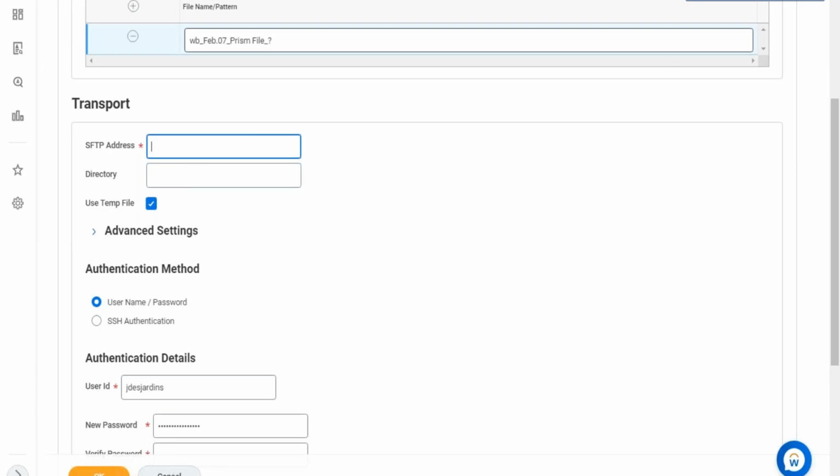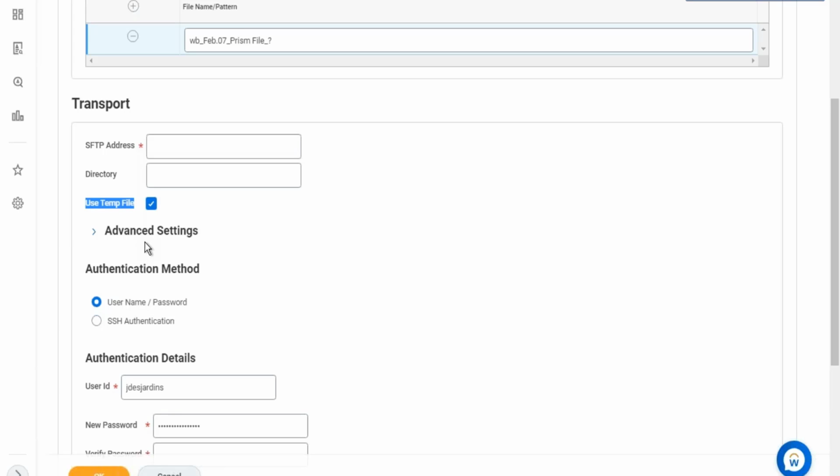So what happens is when the data is imported, it will first be imported into a temporary file. After the data import is complete, from the temporary file it is then imported into your base data set. So if you select this option, data is not directly imported into the base data set. It is first imported into a temporary file after all the data load has finished. Then from there it is transferred to the base data set. Now this is usually recommended when you are importing a huge amount of data,